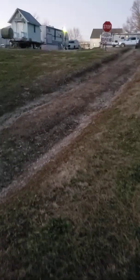So I gotta walk up here and be careful so I don't fall in that ditch. I have to go out around the ditch, there we go. Once I'm past the water meter, then I know I'm good. The wind is blowing. It's getting dark, but you're getting to see the whole length of the front of the property. Tomorrow, maybe I'll take you on a ride to the back of the property and around the pond and the pond dam and